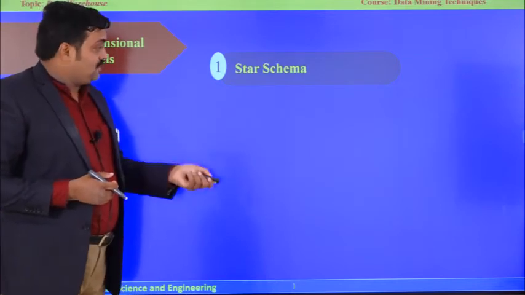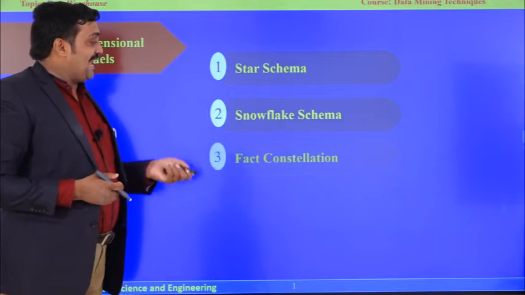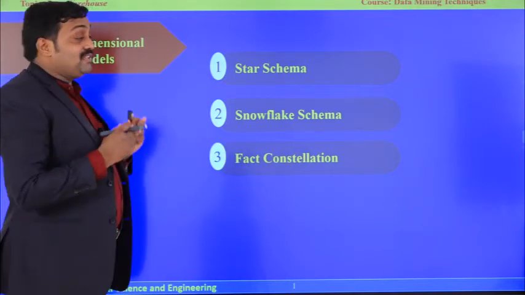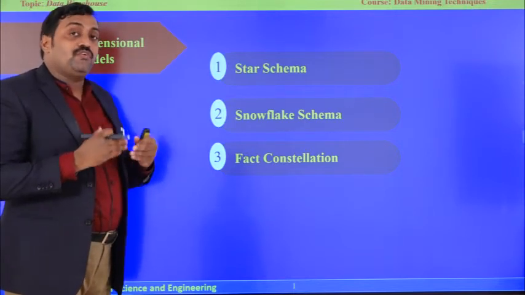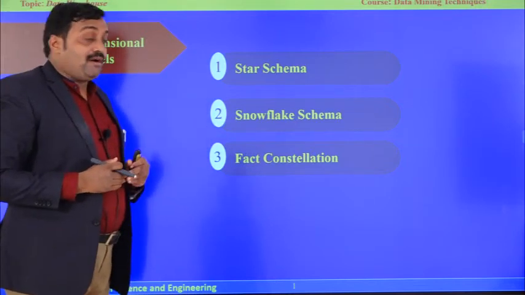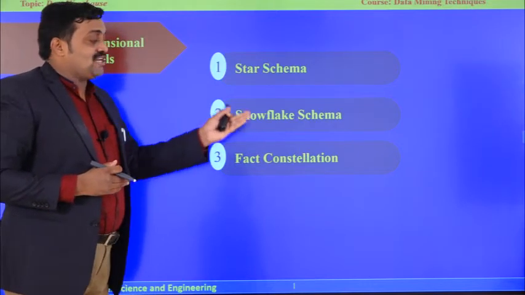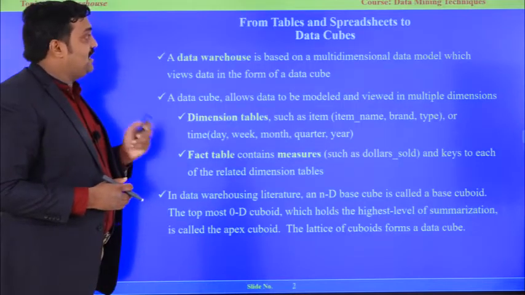Star schema. Second one is snowflake schema, and third one is galaxy or fact constellation schema. We have three important schema designs. As per the need, we are going to work on them one by one. Okay. First one is star schema. Second one is snowflake schema, and third one is fact constellation or galaxy model. Okay. Now we will discuss the first thing.